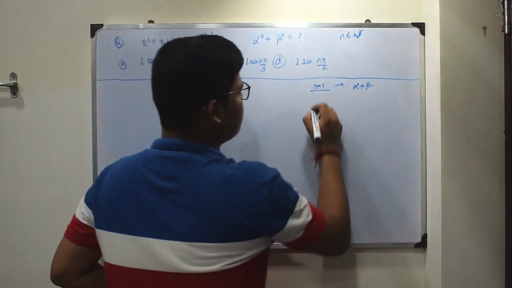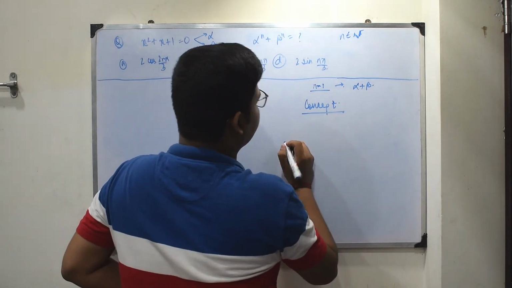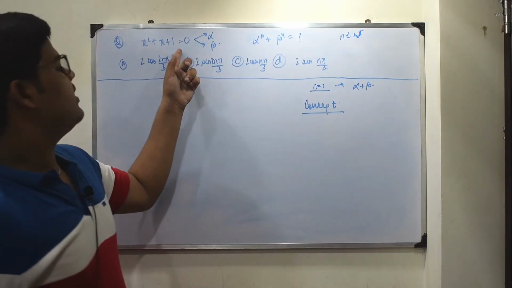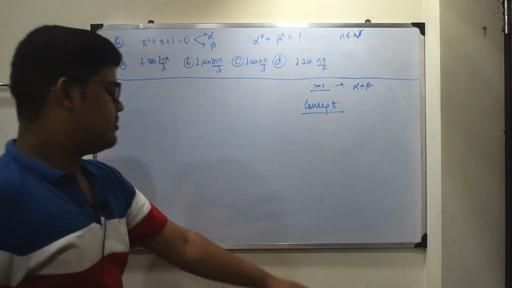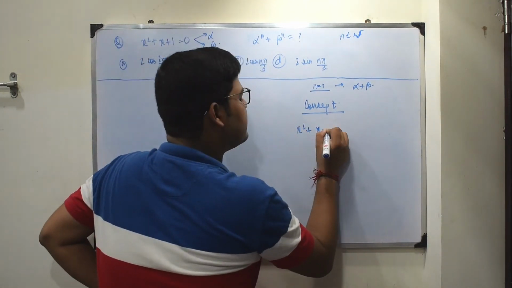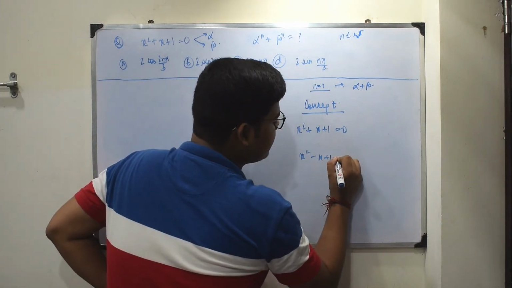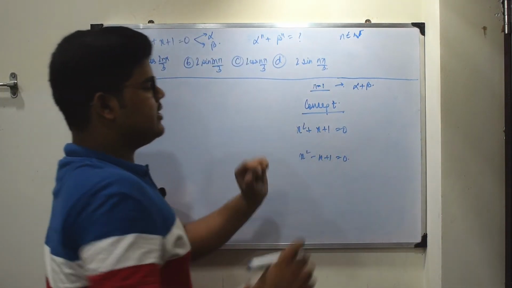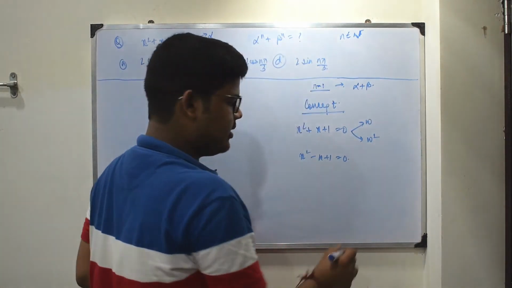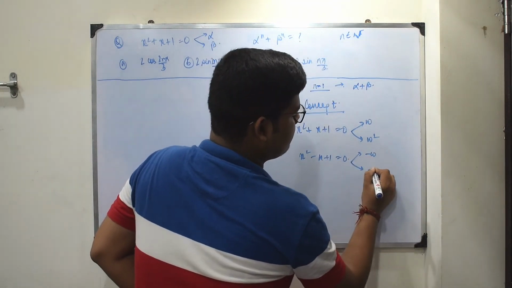Now the concept which you need to know, this is not a concept, this is just a result, and if you remember this result, and this equation is very common in any exam, it would be helpful for all of you. x square plus x plus 1 equals to 0 and x square minus x plus 1 equals to 0. This equation has two roots, omega and omega square, and this equation has two roots, minus omega and minus omega square,